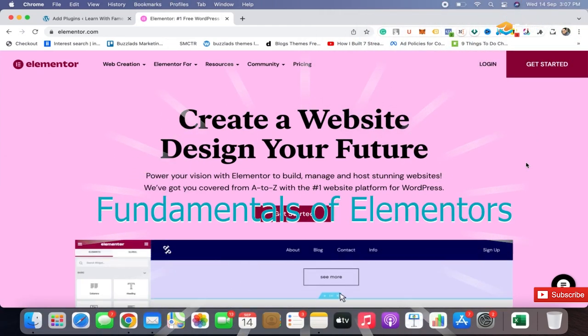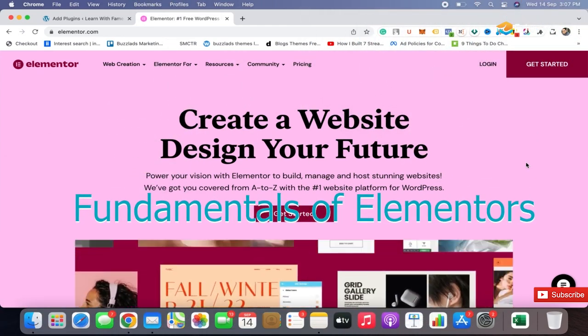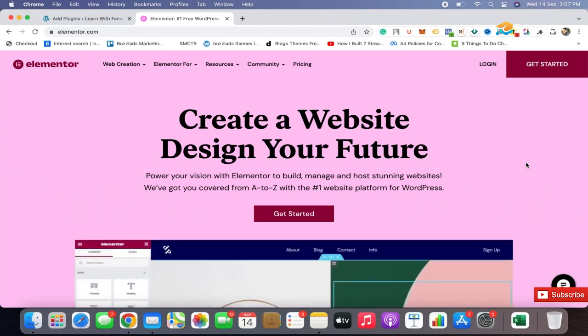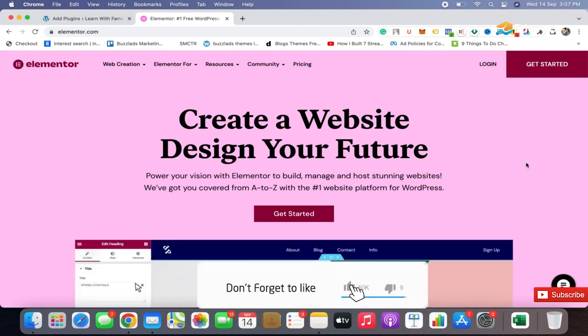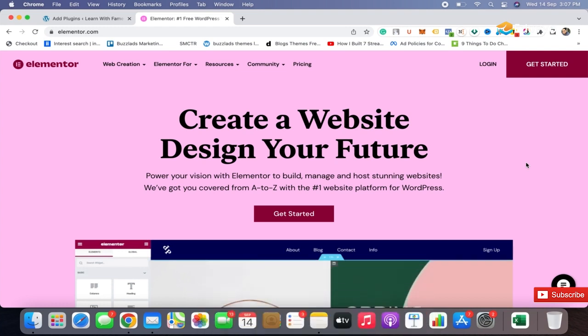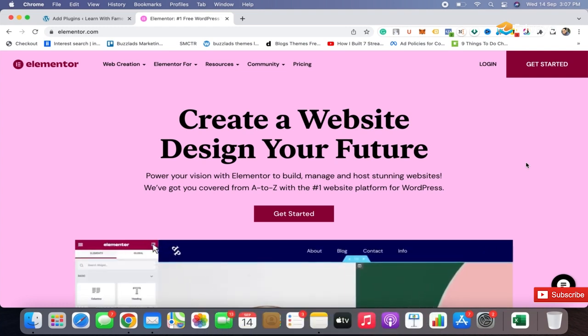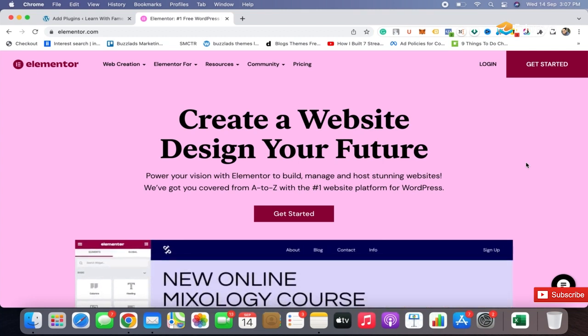Alright guys, so in this first lesson, we are going to tell you what exactly Elementor is. Elementor is basically a plugin which is used in WordPress. And this particular plugin is a page builder which helps you to build any sort of website without doing any coding. That means if you do not have any knowledge about coding, you can still be able